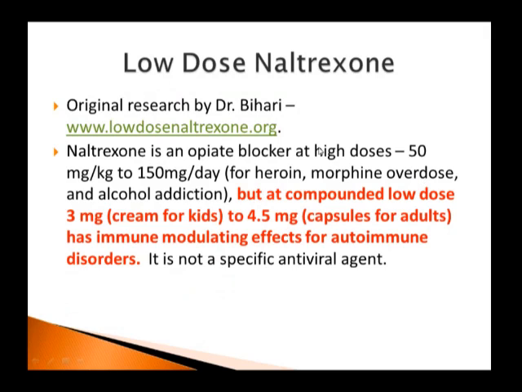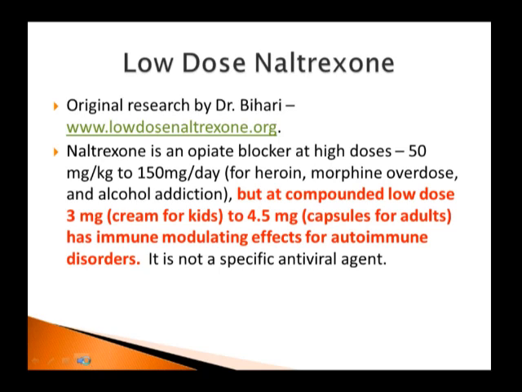Essentially, low-dose naltrexone is a low dose of higher-dose naltrexone, which is generally used for heroin and morphine addicts. It's been used in autism at high dose to help with aggressive behavior. What we're talking about when you're talking about high doses, which is 50 to 100 milligrams a day or so, low dose, we're talking anywhere between 3 to 4.5 milligrams max dose. Generally, an adult would take a max dose of 4.5 milligrams once a day,